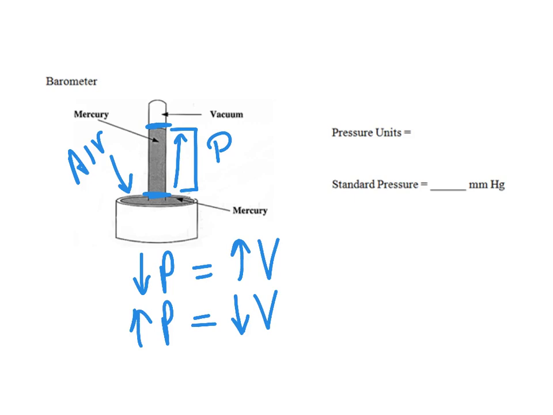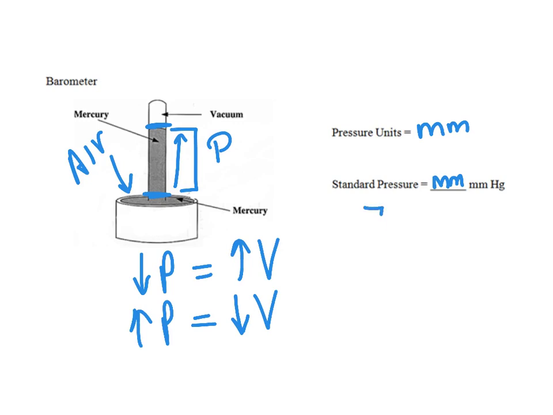So the units that we use for pressure is actually just millimeters of mercury. On the news they measure it in inches, but generally in science we measure it in millimeters of mercury. Now we don't have to write the Hg, that's just what the old barometer has. You can do this with water, and now they really have digital barometers.